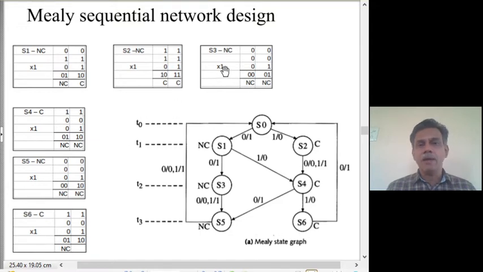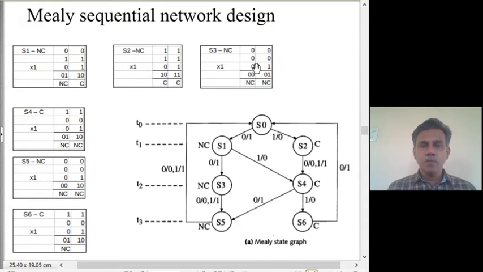So the bit to be added can be 0 or 1. Accordingly, the result in this case is 0 0, here 0 1. So here there is no carry. Here also there is no carry, which means that whatever may be the input that comes, when you are in S3, you always go to a no carry state. So from S3, we indicate a new state, call it S5, and denote it as a no carry state, and go to that with these two labels.